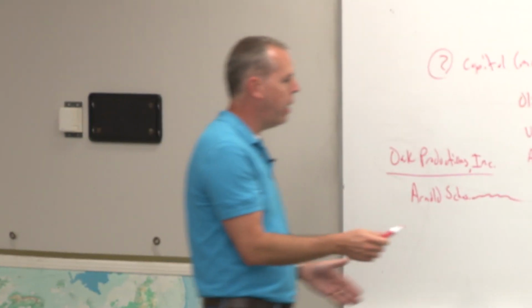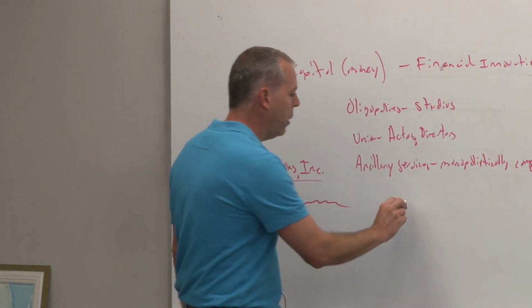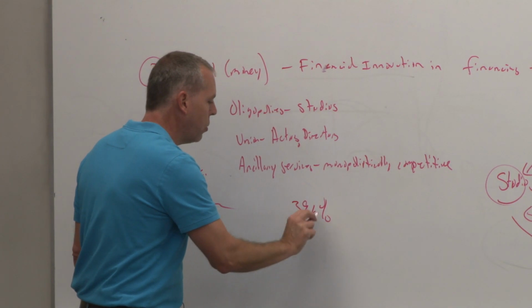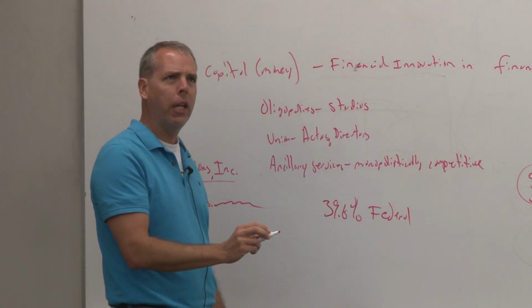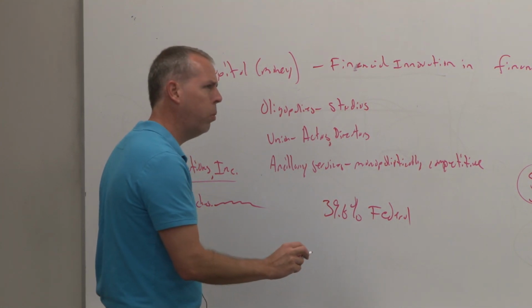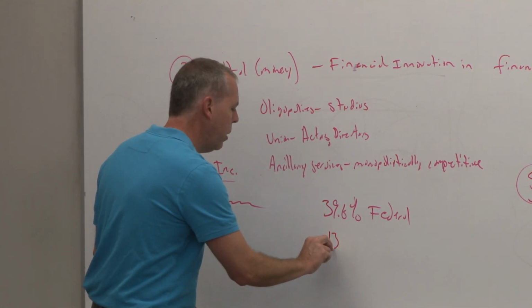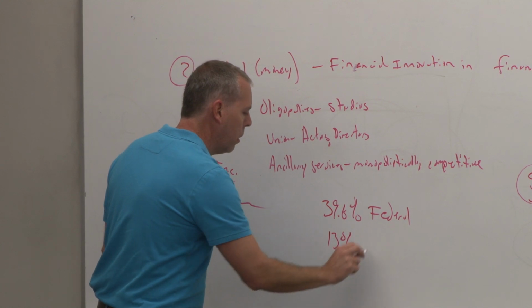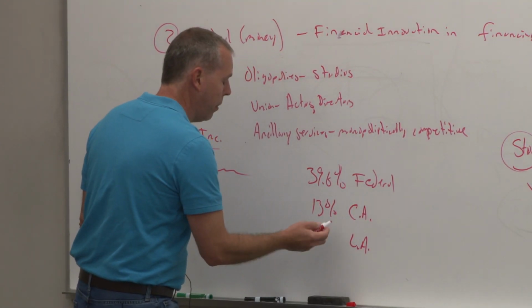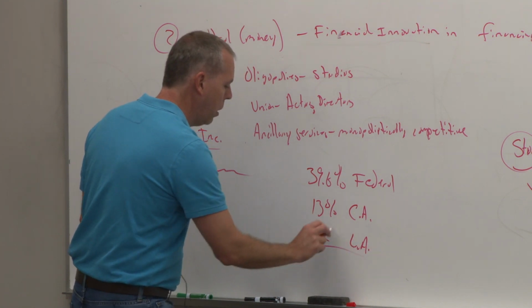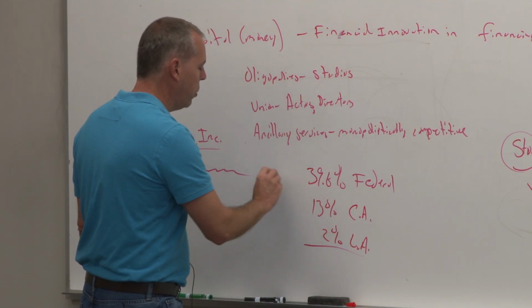You don't hire Arnold Schwarzenegger. That costs too much money, right? Because the highest tax rate in the U.S. is 39.6%. That's federal. In California, I think the rate goes as high as 13%. There's California, and then I'm sure LA's got another tax on top of that. I don't know what it is. Let's say it's 2%. So this is essentially 40,